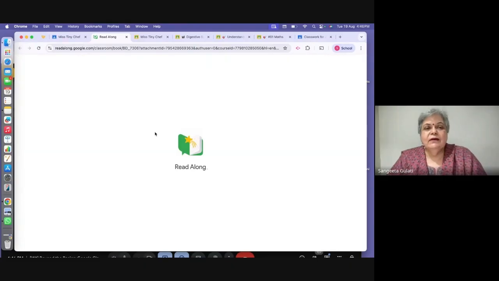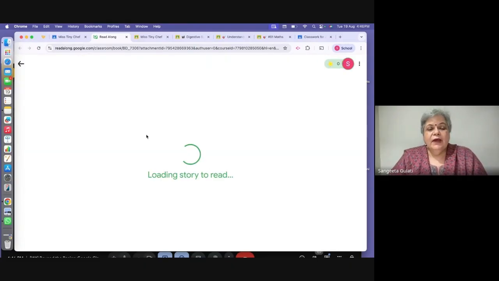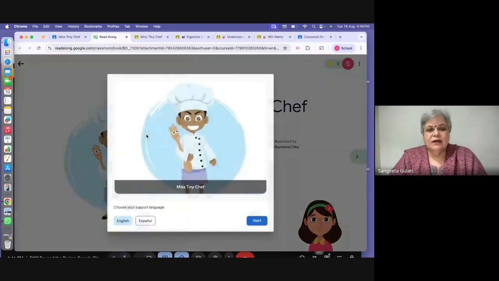So when we look at read along, where do you start? We'll also take a look at it. But right now I've opened it in the assignment. And here is my little book that I picked up for younger kids, level 2 or 3, or even I think younger than that. And then if I start here,